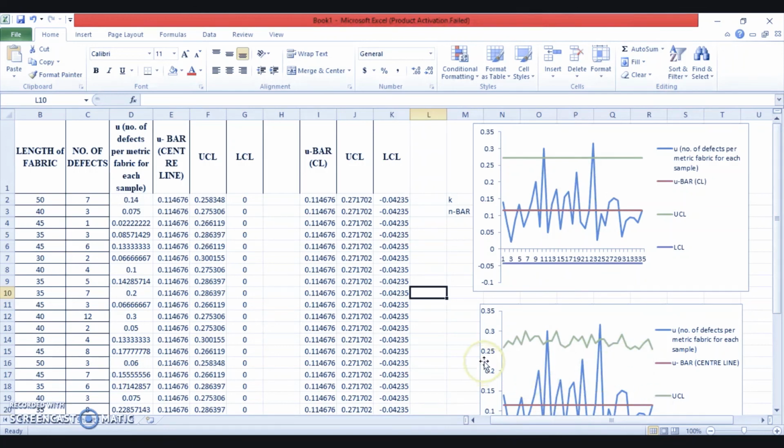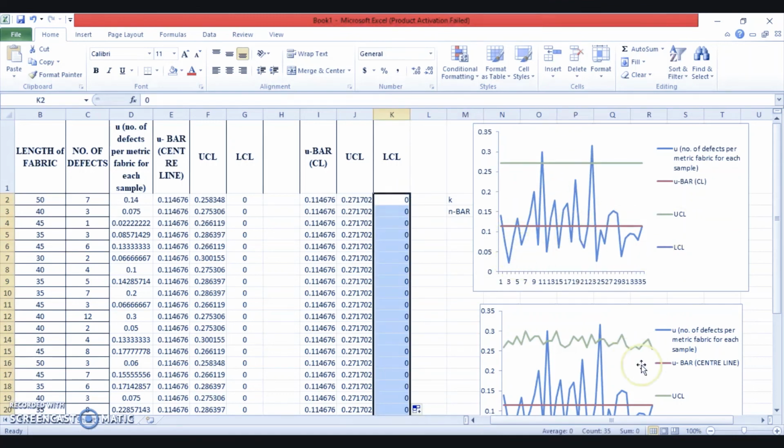and you can see every reading in the line graph is the same except the upper control limit variation, because there we had variation in the upper control limit due to selecting each and every sample point separately. Here we selected the average of the sample size, so that's why the upper control limit is in a straight line. Here also the lower control limit is below 0, that is, in negative. We can replace it with 0, and simultaneously we can change it for the rest of the sample and we'll get the same thing.